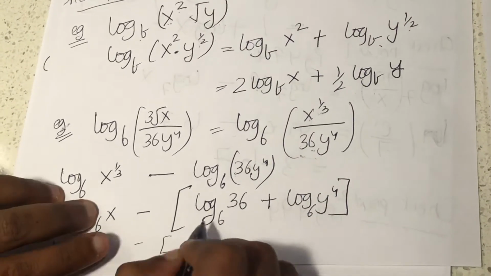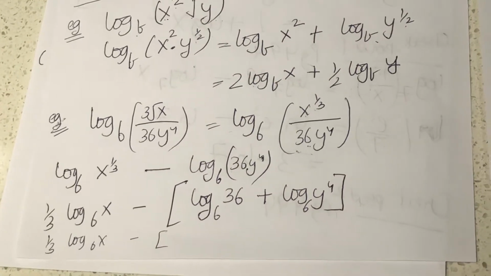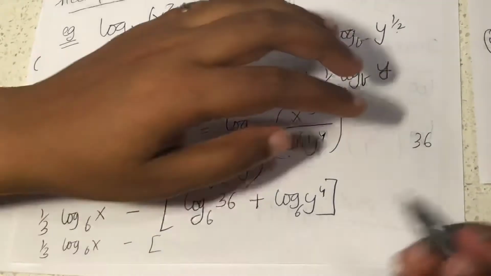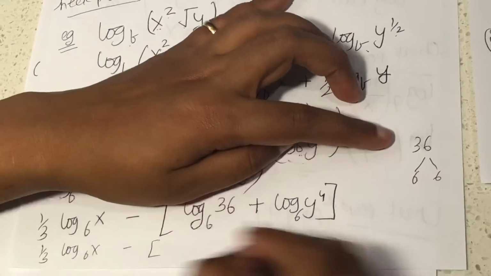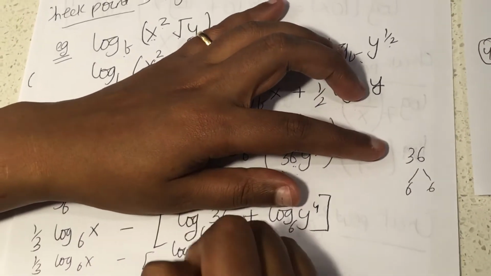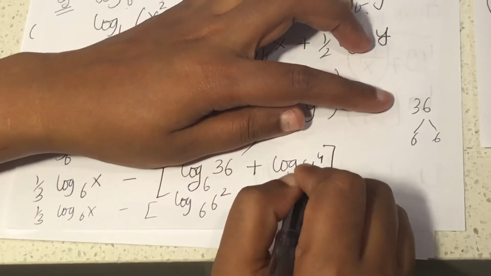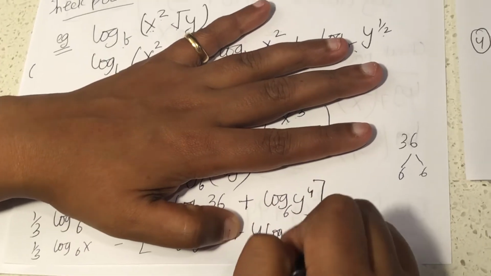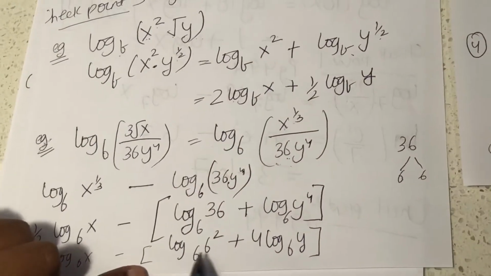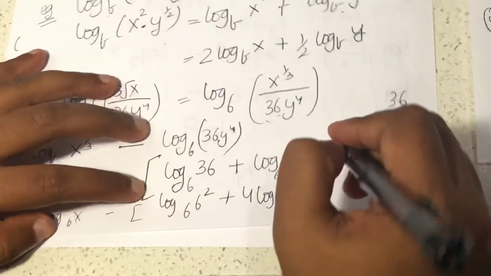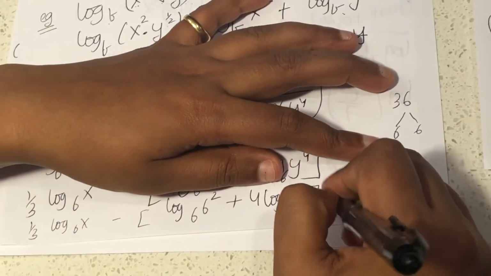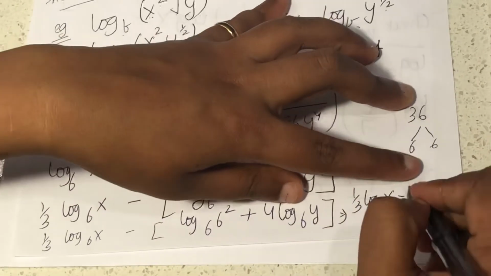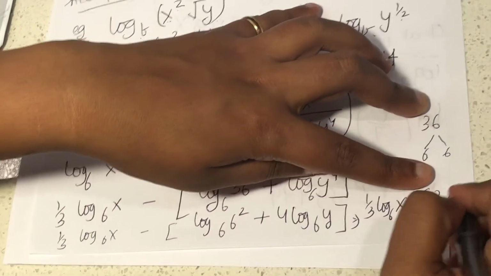Let's see, this way we already did it. Do you know what log 6 of 36 is? Can I write 36 as 6 to the power of something? I know 6 times 6 is 36, so I can write it as 6 squared. And what will happen in this case? Now I can throw the power in front, because now it's just y. And what is this value? 2. So your final answer is basically 1 by 3 log 6x minus, in the bracket, 2 plus 4 log